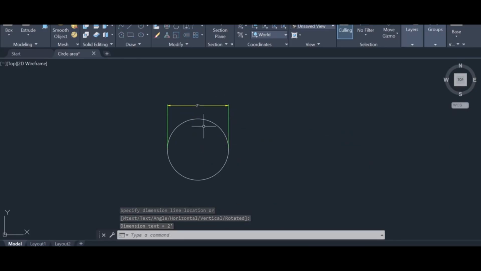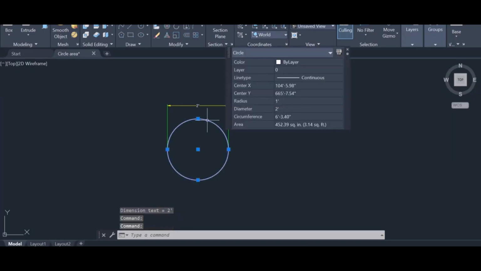Let's change the circumference, 6 feet 3.4 inch. Okay. Circumference is